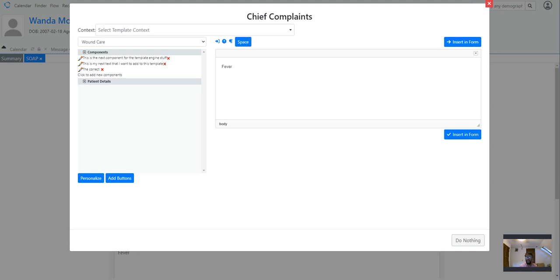If you notice that it is currently black here, if I go ahead and select this one, notice it turns red. So that lets me know that I've used that sentence in the form. And of course, the formatting follows my cursor. If I put my cursor down here and click this one next, it puts it wherever my cursor ends up. Okay, so that's been a brief tutorial on how to use the templating engine to build all kinds of